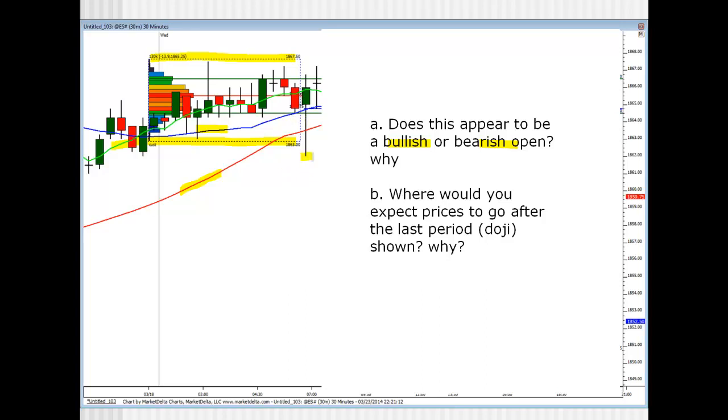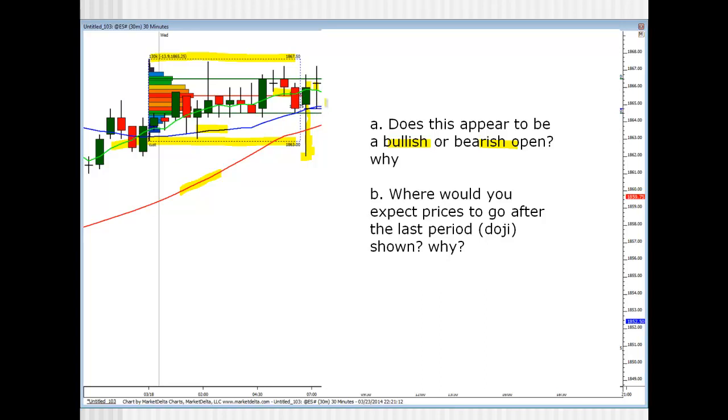We dropped down here, but we've obviously found buyers that pushed us back up to close above the volume point of control, but below the value area high. The next candle, what happens is we penetrate and head higher, but we really drop to close back within value. This is actually a rather